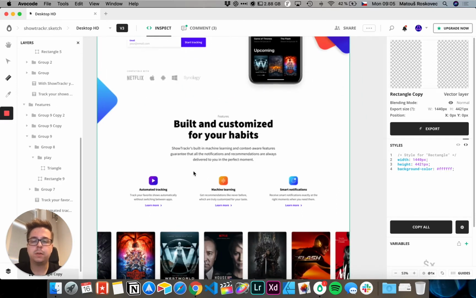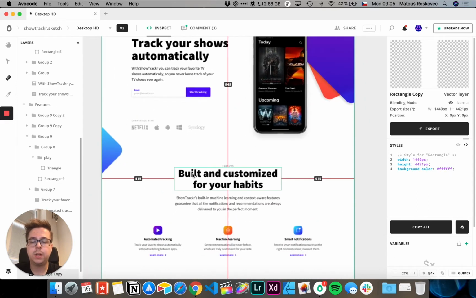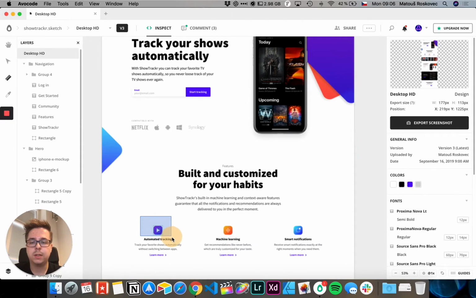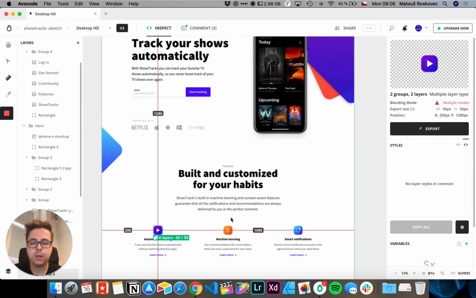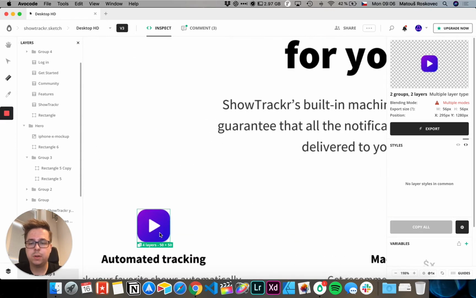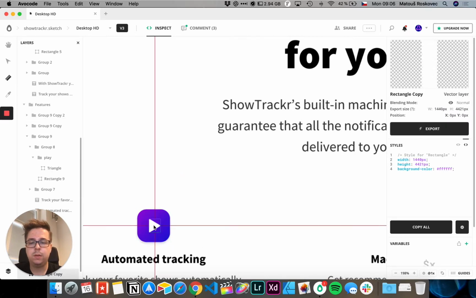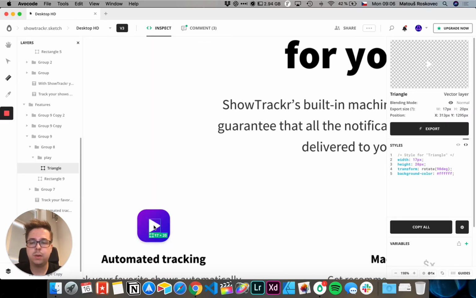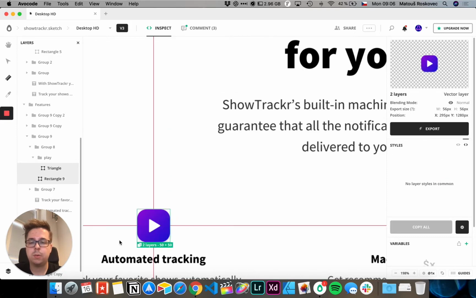The biggest benefit of Avocode rendering technology is that you can multi-select assets, and this is unheard of in other tools out there. Basically, you can multi-select layers like this one, so you can see it's a selection of 4 layers, and you can export them. But if you want to export just this little arrow, you can do that as well. If you want to select just 2 layers, you can hold the Shift key and click around. So for example, now I have selected this layer